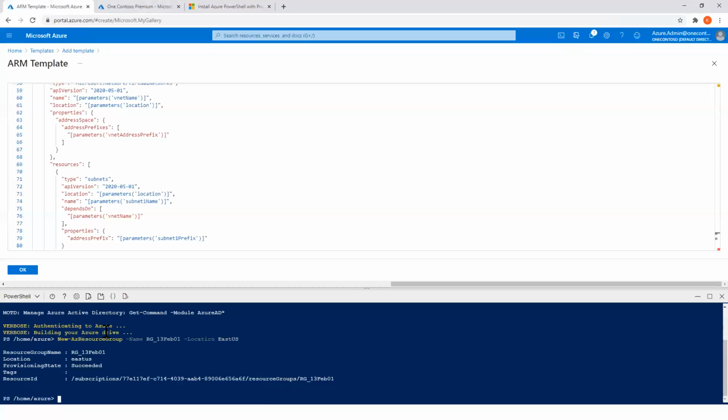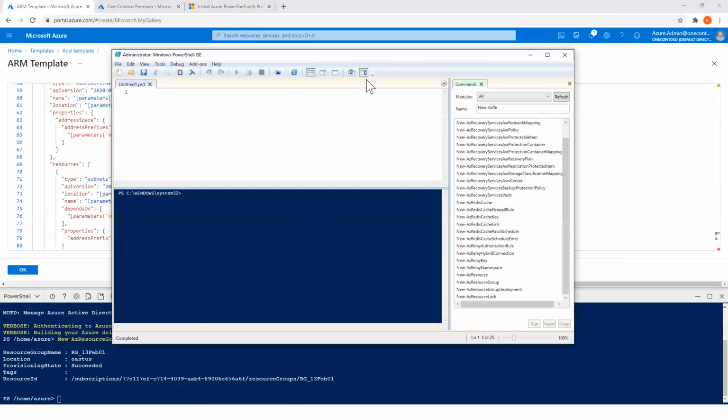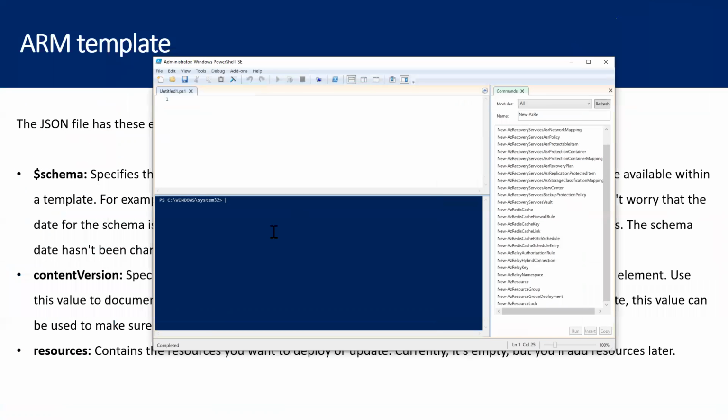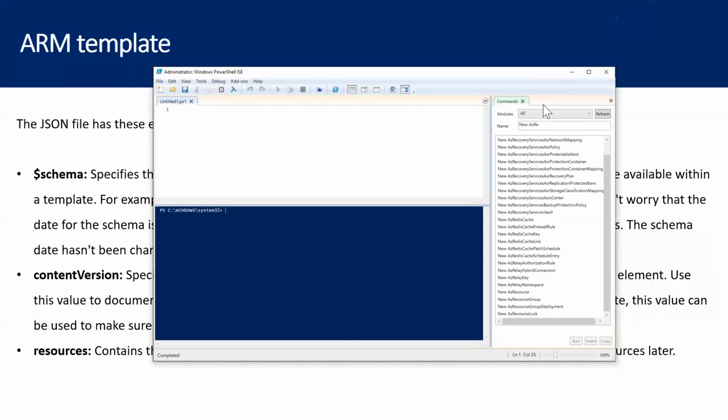But when I'm in the PowerShell screen, the system doesn't know who I am. Imagine you have a Windows laptop, you opened PowerShell, and you have the Azure modules, but how will PowerShell know where to go and create resources? For that, you first need to connect your machine with